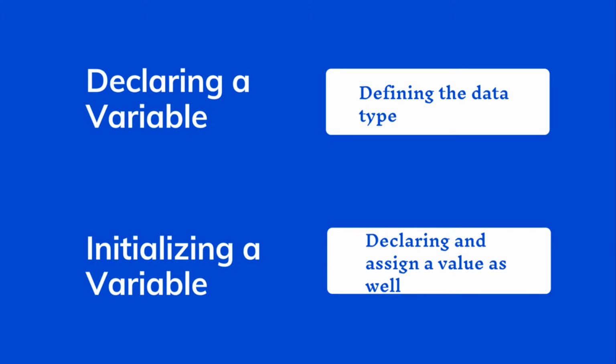So now you have different data, you have categorized the data, but how will you represent them in a program? You can't just use the same data every time. You have to represent the data as well, so that this data belongs to this variable, and this data belongs to that variable. So here comes the variable, and there are two concepts associated with variables that are commonly used in programming: declaring a variable and initializing a variable. Declaring a variable is just making a variable without assigning a value, and initializing a variable means that we assign the value as well.